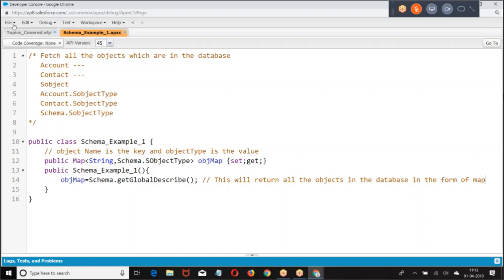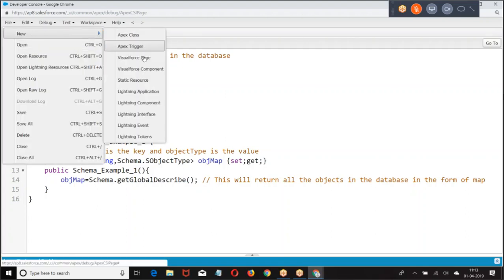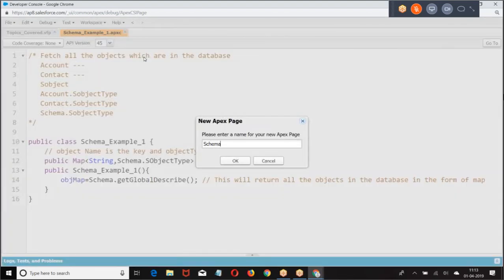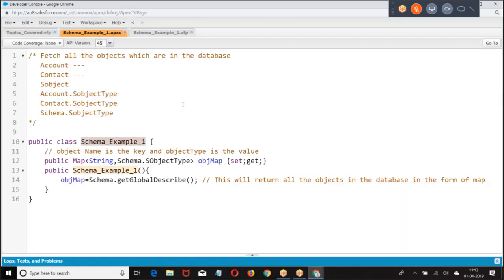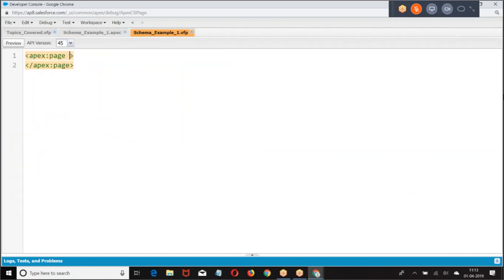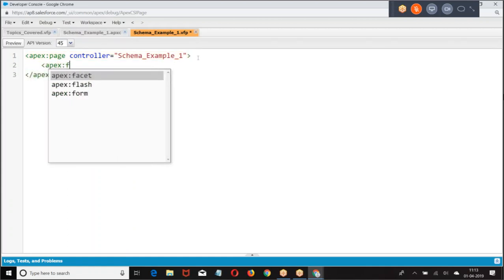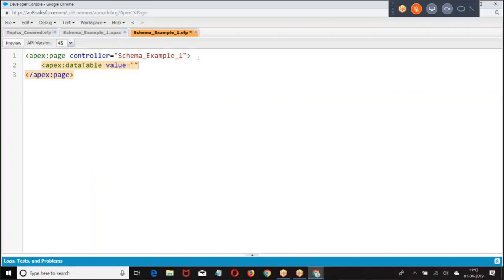Now let me create a VF page. Object map.